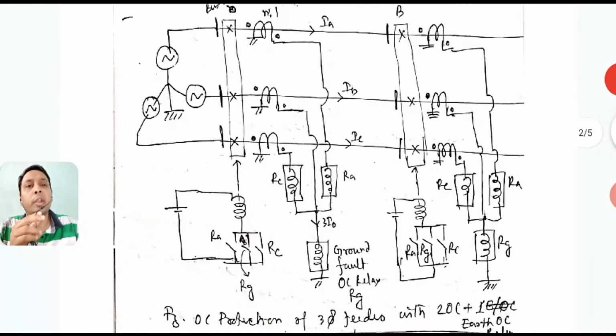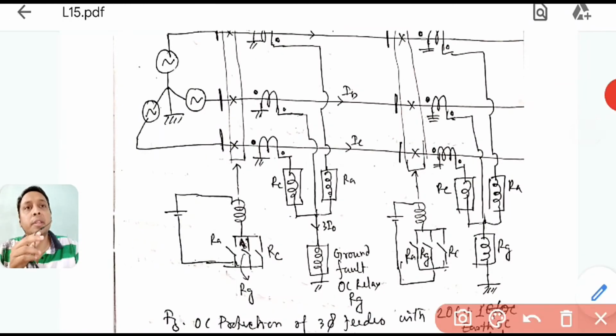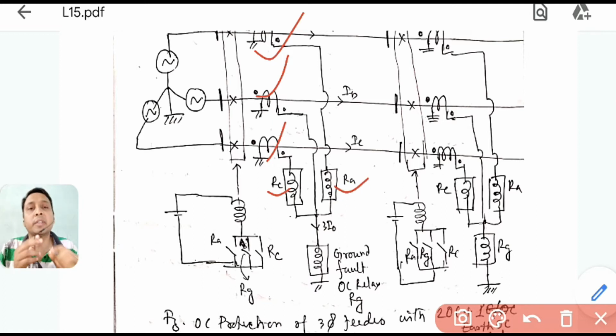Now you can see the drawing. There are three CTs, that is okay: CT A, B, C, but there are only two phase relays, RA and RC. RB is not required. Now how will the B fault be sensed? If there is any B fault, this relay will trip, because it is imbalanced now. In addition, even if your fault current is very low, it will also trip, because some imbalance will be there, due to which the ground current will pass through this ground path, and we have set an overcurrent relay there.